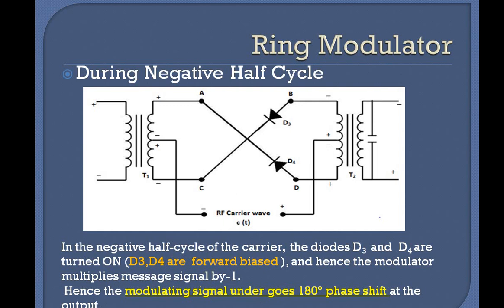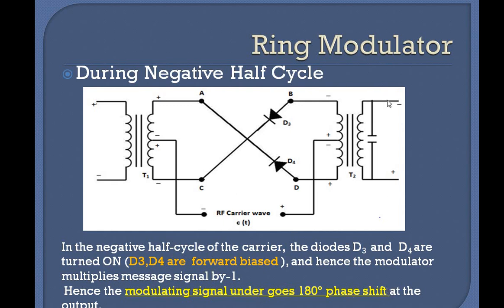-1 means what you have seen in the last class, for the generation of the modulation technique of DSBSC. It will be having 180 degrees of phase shift. We have said, I hope you people remember, right? Whenever you are having this DSBSC signal, the modulated signal will be having the 180 degrees of phase shift, because the message signal will not be out of the envelope. It will be in the envelope itself, but it will be having the 180 degrees of phase shift when you are having the negative half cycle of your carrier signal. Correct? So hence the modulating signal undergoes 180 degrees of phase shift at the output.